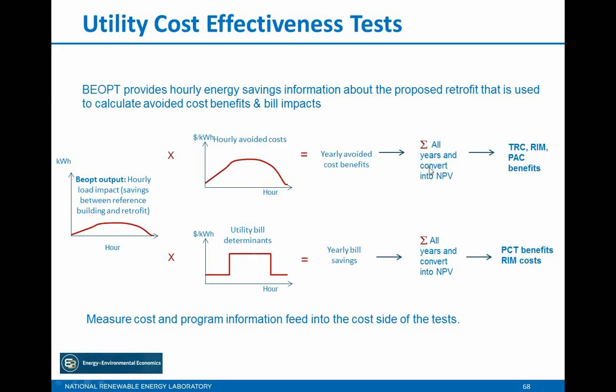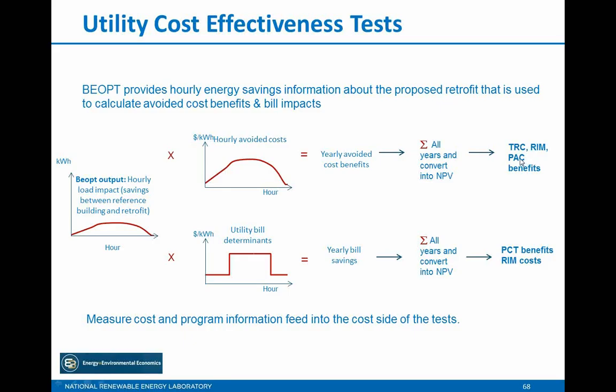We have the 40-year avoided cost data set, but the user can decide what analysis period, often 30 years, is used. And so then those kind of utility impacts are passed forward for certain of the cost tests, like TRC,